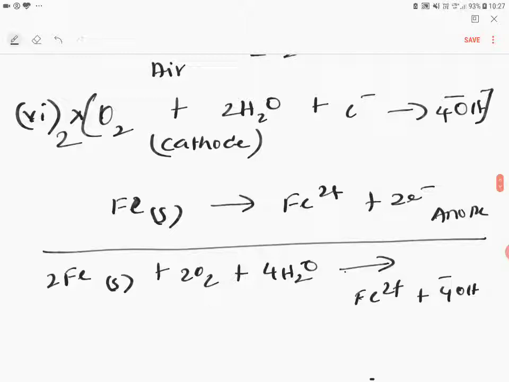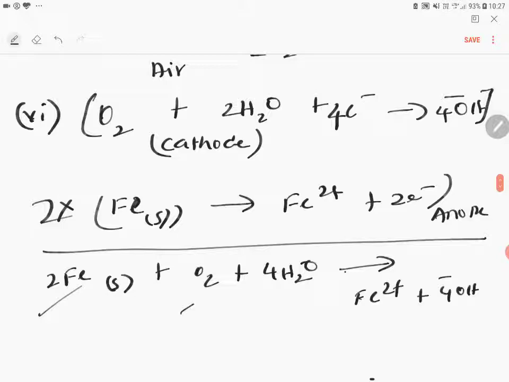I am sorry children, there is a small mistake made by me. Here you already have 4 electrons, so this equation you have to multiply by 2. Therefore, 2Fe plus O2 plus 2H2O going to give you